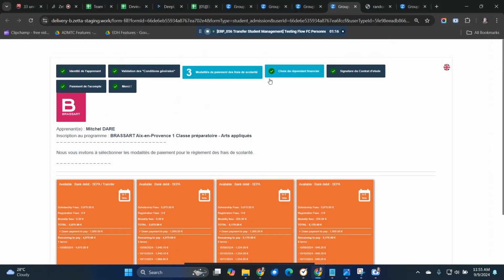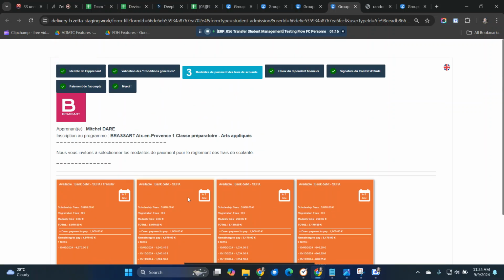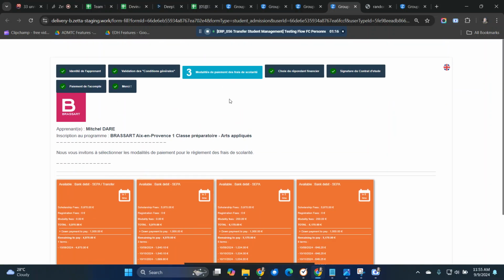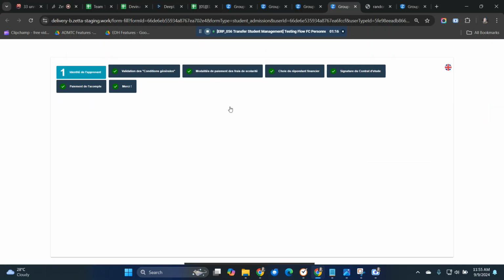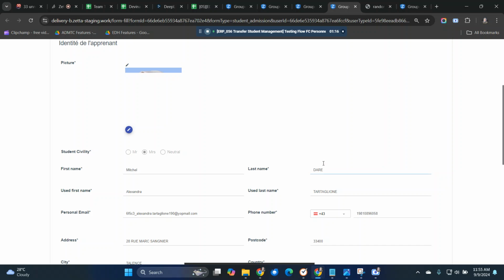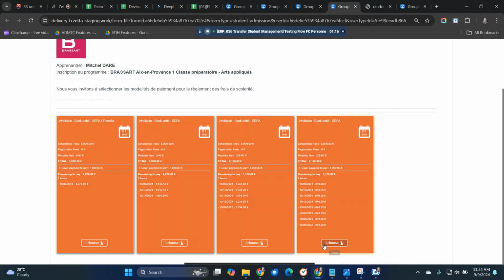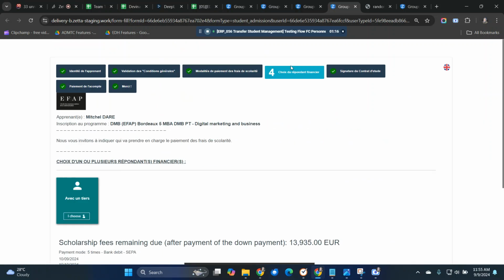So I think this is a different notification, but when I access the form, all the steps are already completed, and I cannot select anything here. I cannot select the scholarship and modality. So yeah, I'm blocked. I will not receive any notification after I transfer the program.